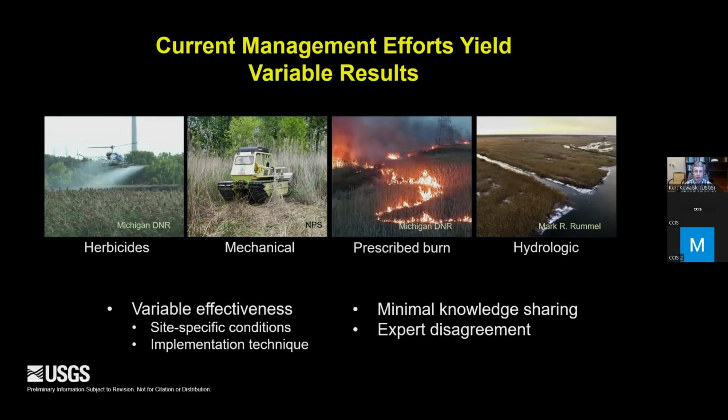Mechanically, you can cut it or crush it, burn, or if you have the capability, flooding can be a very good tool as well. These have variable effectiveness. In most of them, if you're targeting Phragmites, they're also impacting other plants and other resources there, so they're not species specific and they're not always effective. And so there are some real challenges with these individual approaches. And so one of the desires that came out of the collaborative was better information on which combinations of these are really